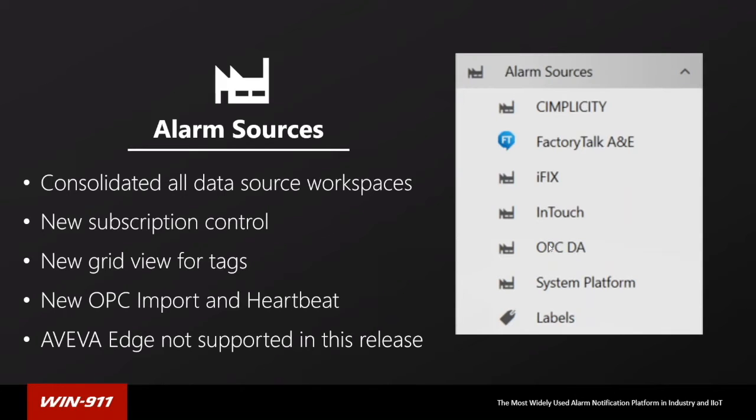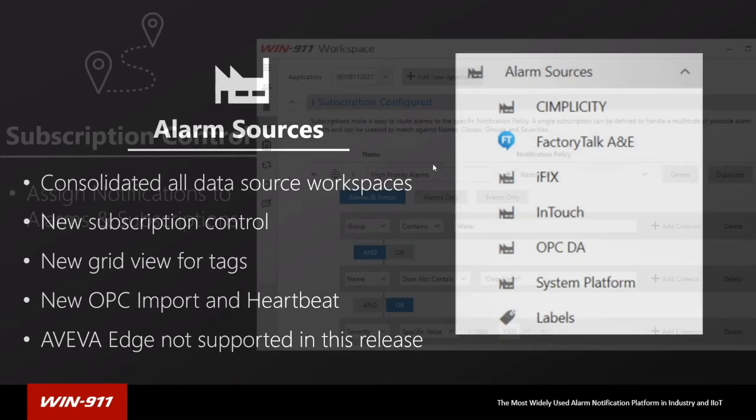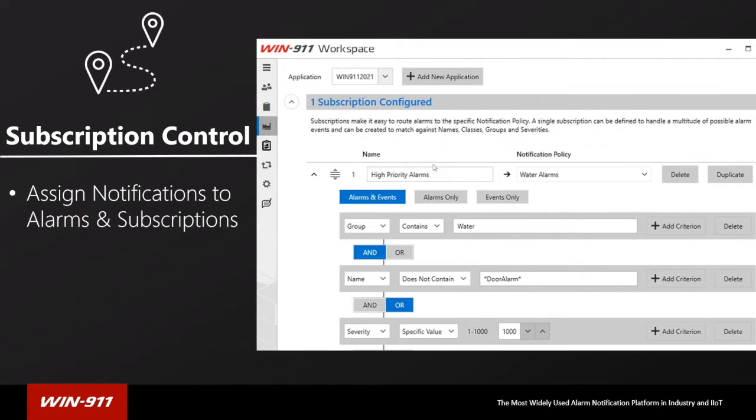So it's good to already have your contacts ready, your notification policies in place, because when you go to select your imports, you can decide to assign all of your tags to a notification policy that's already in place. So that way everything gets imported, it's all assigned to the correct notification policy, and you're ready to go. If the alarm trips, it'll trigger that notification policy and call out to those users that you have selected in there. And then our final thing is, again, we need to assign these notification policies to our subscription or to